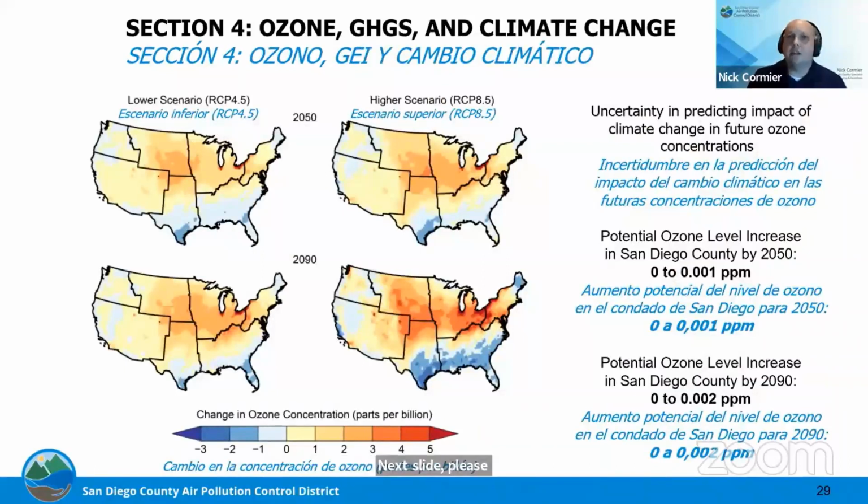Next, the 2022 RACs discusses ozone's complicated relationship with greenhouse gases and climate change. Ozone is technically a greenhouse gas and a criteria air pollutant. And with climate change happening before our eyes, it's still unclear if hotter